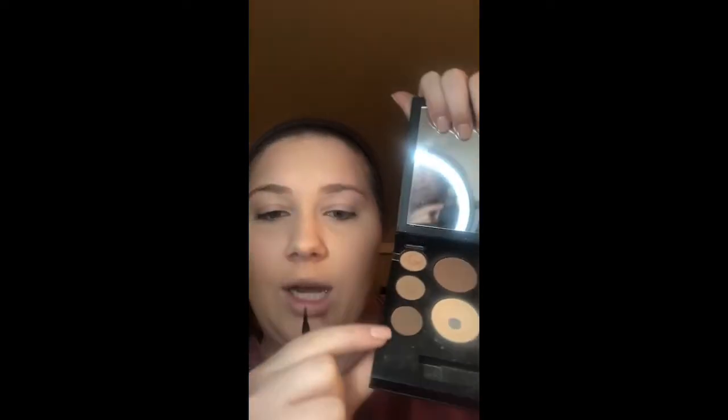It comes with two ends. You have the brow side because it does have brow colors in them. It has the light and it has the dark. So if you got the palette, it will have the brow brush, and it has a shadow brush. I use a shadow brush to help with the nose. So I'm going to go ahead and do just a little bit, like tap it just a little bit,